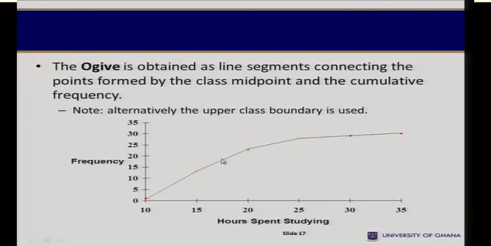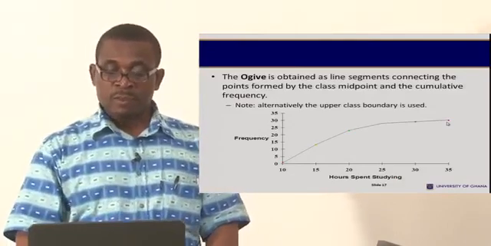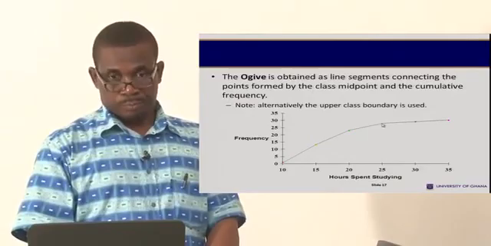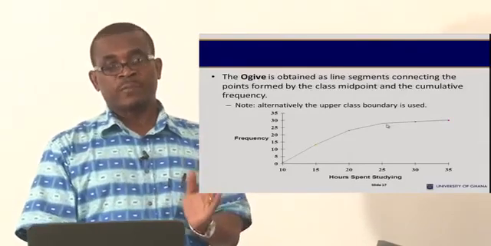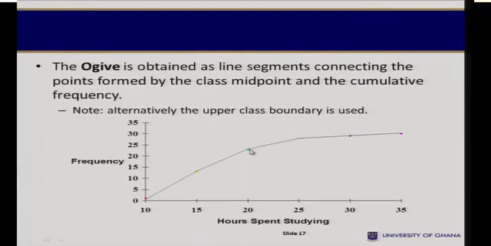So you join line segments through these cumulative frequencies to get this curve. What it means is that when you pick any point on this curve, it can tell you the number of students studying less than a specific number of hours. Let's say you pick this point. It tells you the proportion of students studying for a particular number of hours, that is less than 20